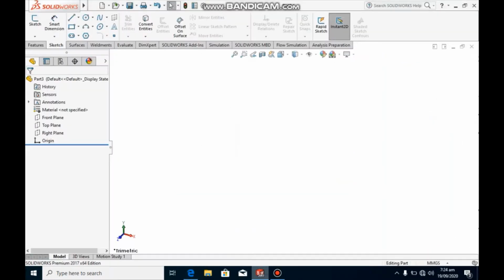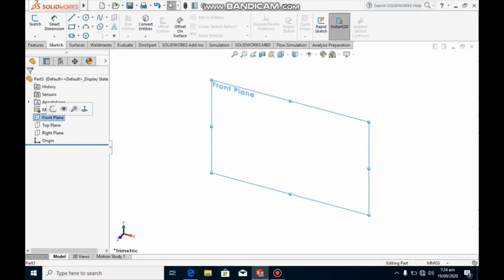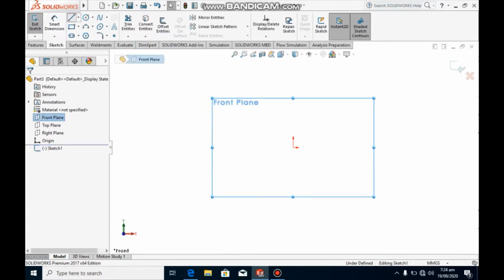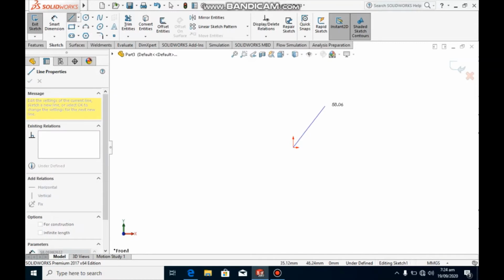Let's start. Select front plane, create sketch, select a line and draw a frame of the truss.